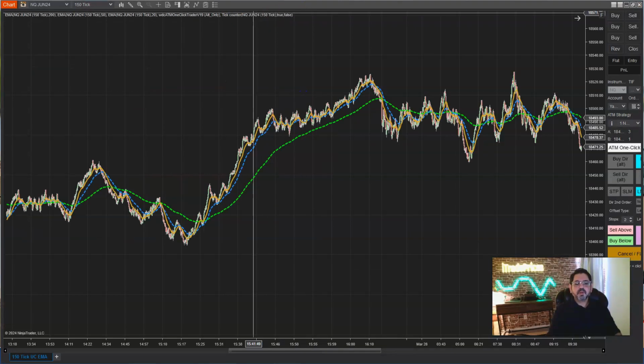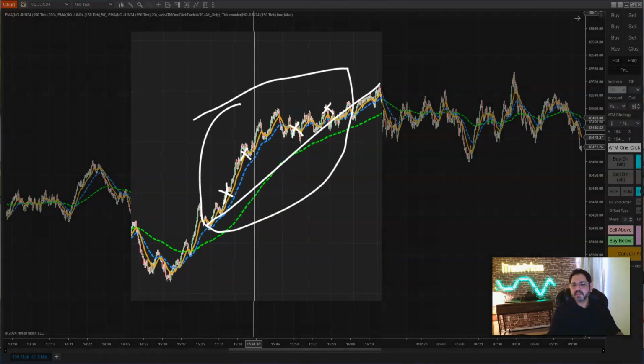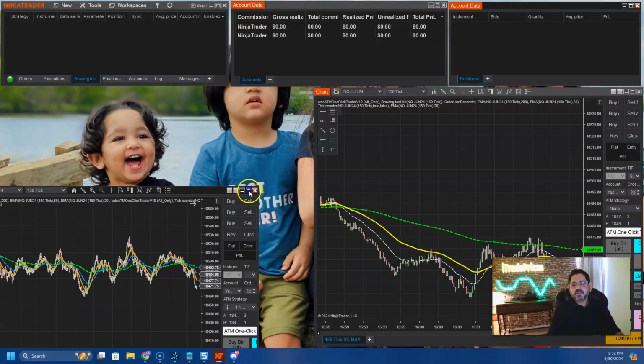For example, this trend: even if you catch this move right here, you'll probably get out somewhere over here. You're not going to capitalize on the full move because you don't know how far up it will go. You'll try to catch it on the pullback, enter again and come out again, because you start getting cold feet. But for the most part,